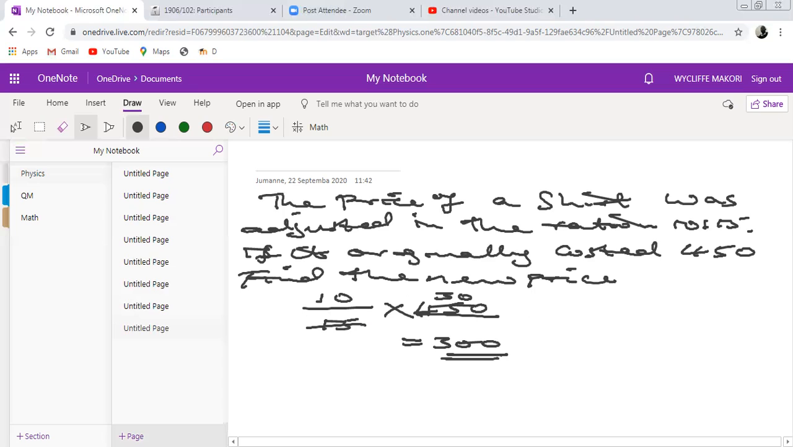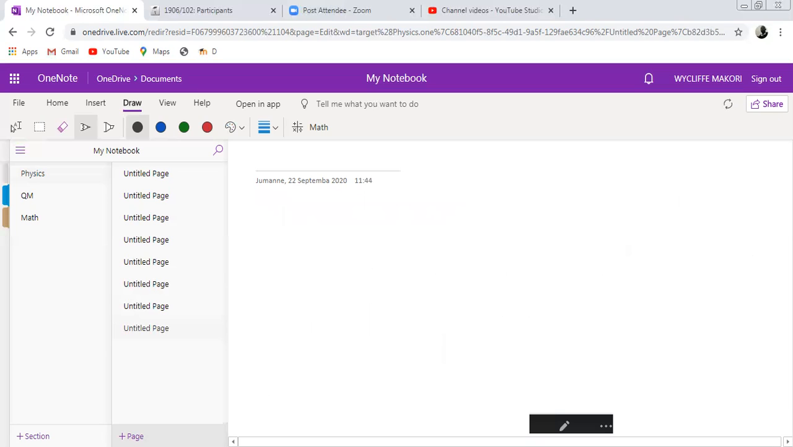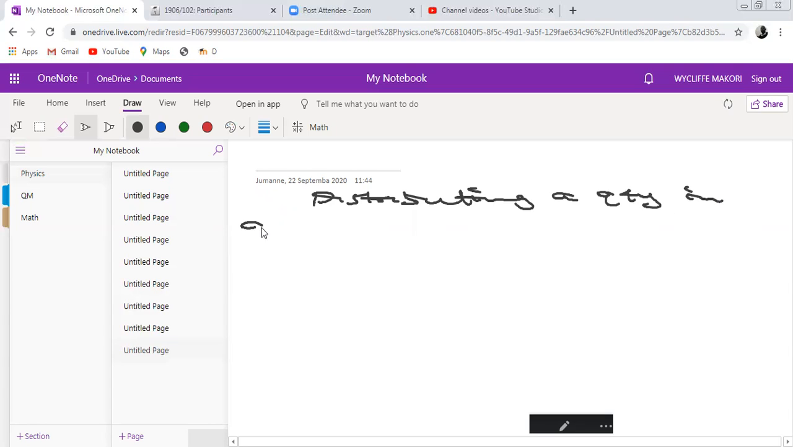Then we can talk about distributing a quantity in a particular ratio. When we have distributing a quantity in a ratio form, in a particular ratio,